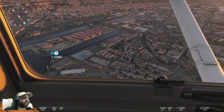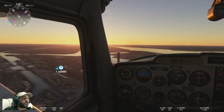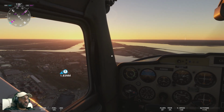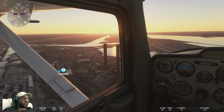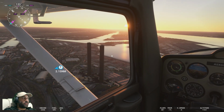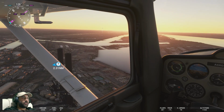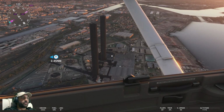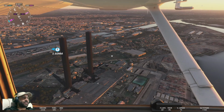It's very, very industrial, actually. Huge cranes and things. I think there's a couple of chimney stacks there. I'm assuming they're chimney stacks. I don't really know what they are. Yeah, they look like chimney stacks, don't they? Right. Well, initially we're going to be heading westbound, which is going to be a bit blinding with the sun. I'm sure we'll be all right. Yeah, they are enormous, aren't they? They are gigantic. When you look at the size of those,